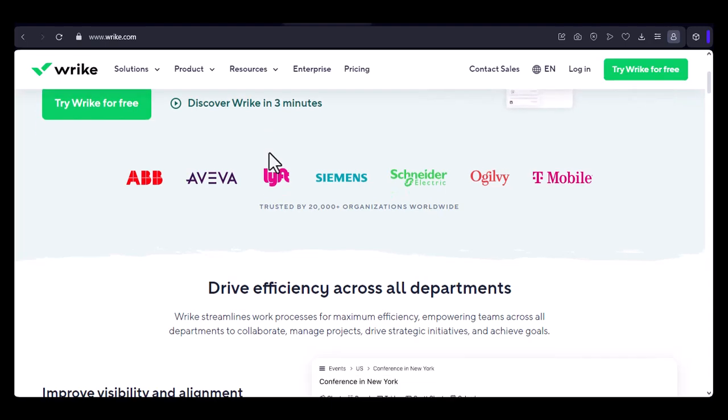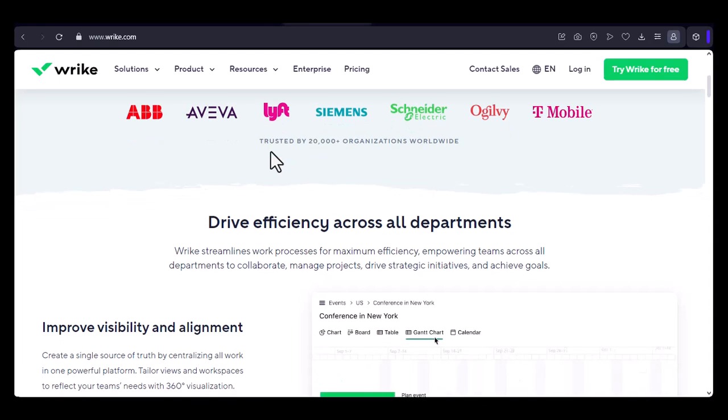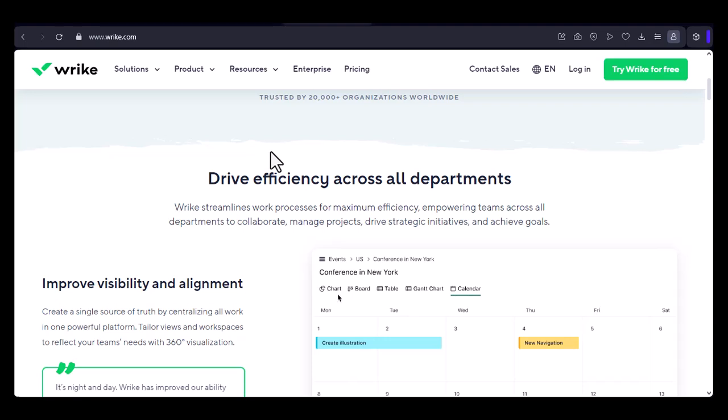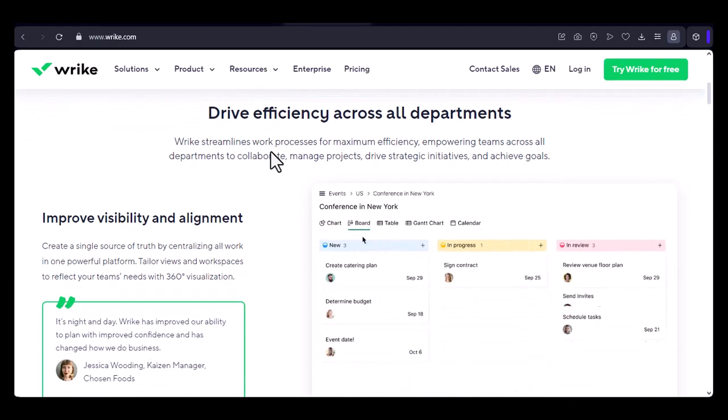That tool is Wrike. And in this video, we're going to show you exactly how to add tasks to Wrike, so you can finally get a grip on your workload. Ready to dive in? Have you ever felt like your to-do list was growing faster than you could check things